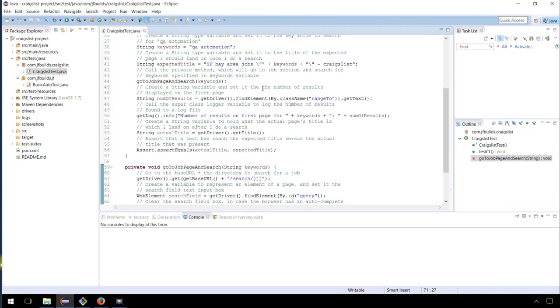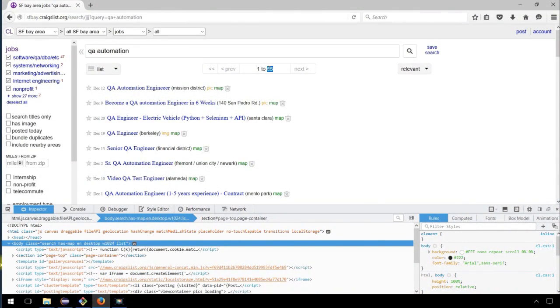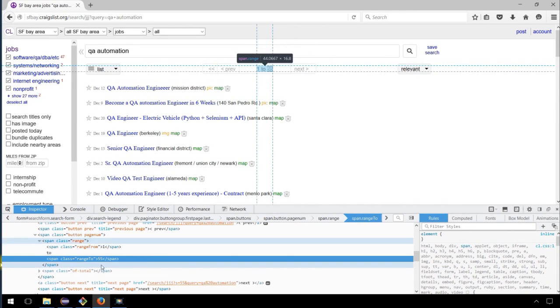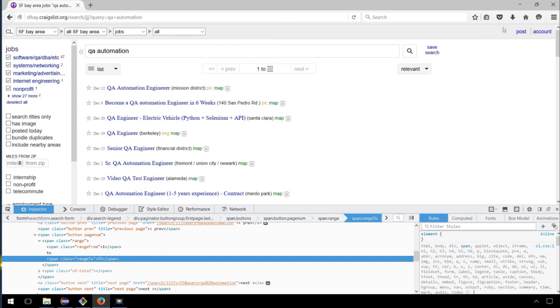Then control returns back to where our method was called, and we'll get the number of results as a variable of type string, and that's going to represent the number of results that we see. And here we saw the 55. If we inspect that element, we'll notice that it is of type class range 2. And there's no other elements on the page that are of that type class, so we're safe to use that